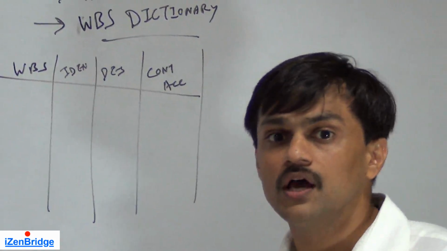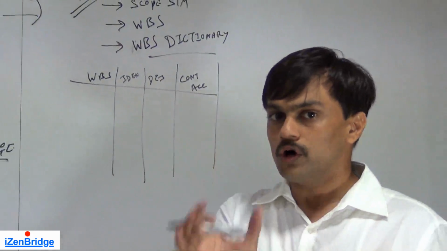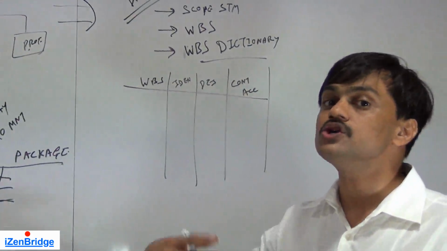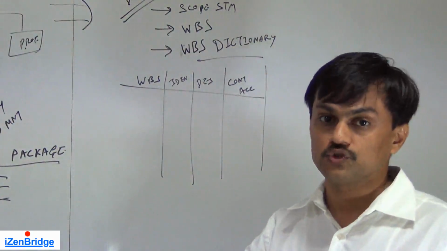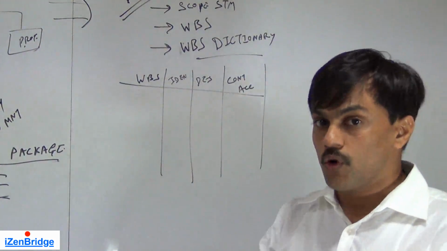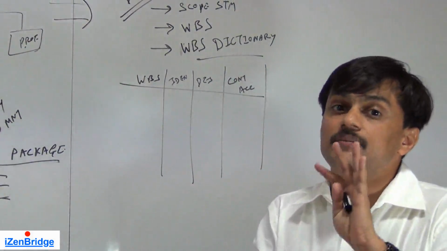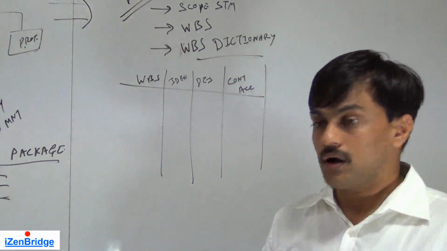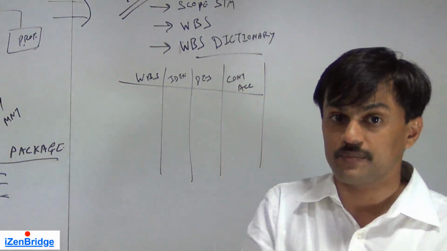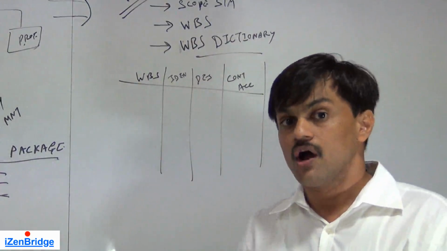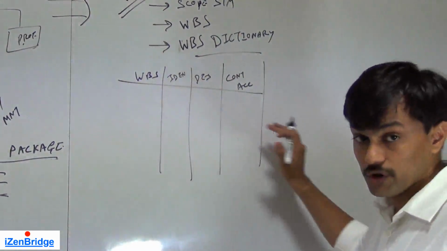Now, control account is a new term which we are using. It's an accounting code which will help us in controlling expenses under that work breakdown structure element or work package. We may be spending money on various activities, but those can be rolled up and we can analyze how much money we are spending against travel, or against a given work package. So we may have a control account in our work breakdown structure.